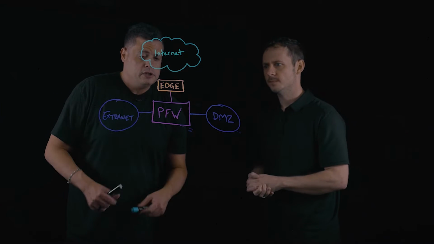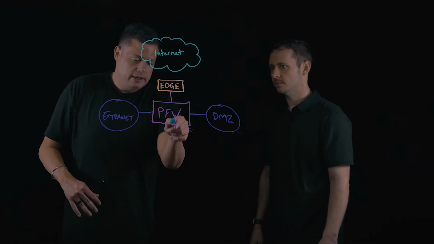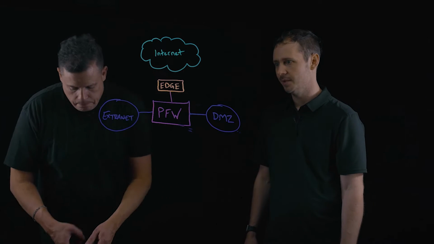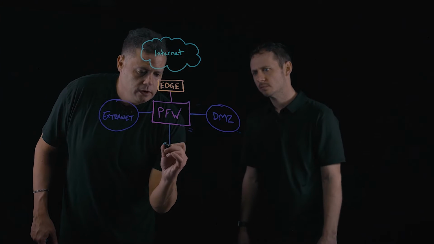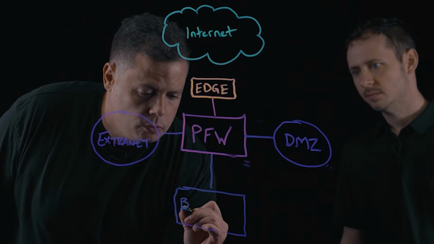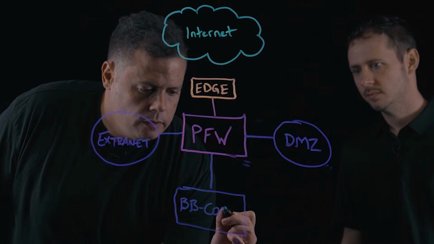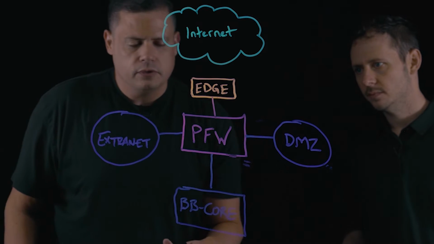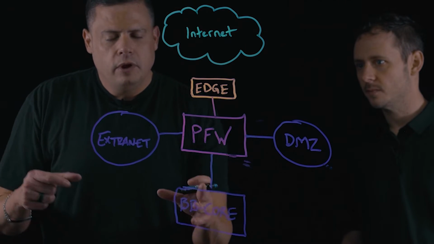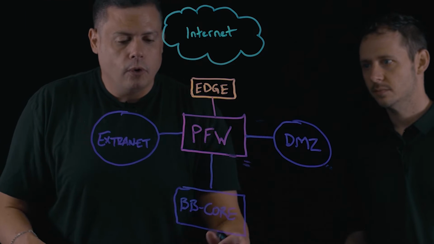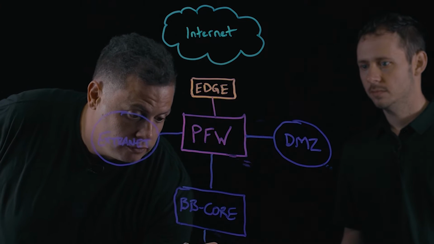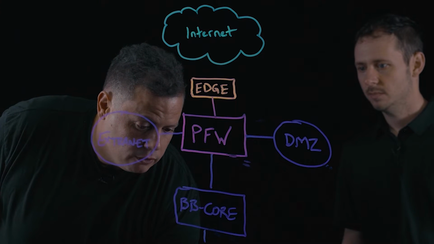Well, historically, pretty much everything on the trusted side, or inside of the perimeter firewall, we've been blind to in a three-tier architecture, right? Absolutely. So down here, we'd have basically a backbone or a core. So I'll just say backbone core. And historically, the backbone core is really where all of your major segments come together. Oftentimes, the perimeter firewalls will police security zones, and the backbone core will distribute down to your node buildings, et cetera. So really, that'll go down to a backbone distribution layer.